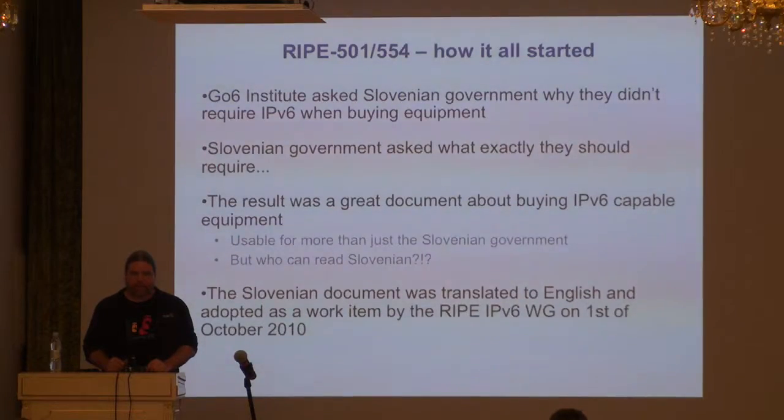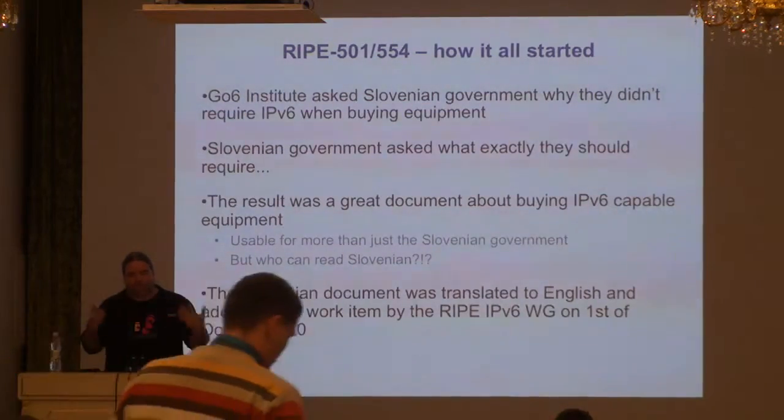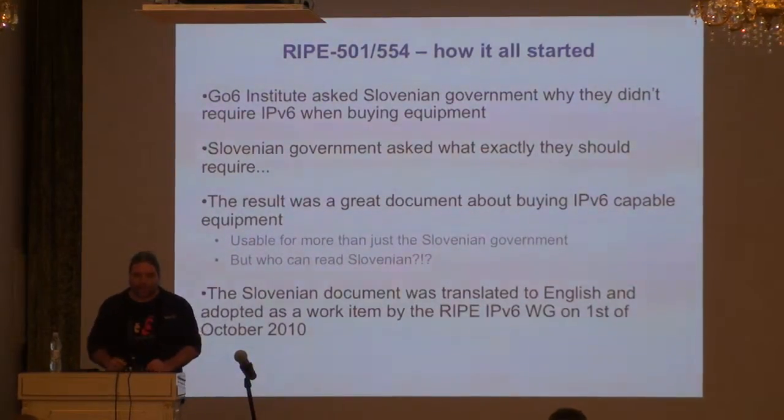So there was a week of thinking, a week of writing, and then this document went through our Slovenian IPv6 working group, and then we had a Slovenian document that was seen by Sander Stefan, the RIPE address policy working group co-chair, and he said, well, maybe this document would also be useful to other people. Why don't you translate it and send it to the IPv6 working group? And I said, okay, I will. So we did. And from there on, there was a complete roller coaster.